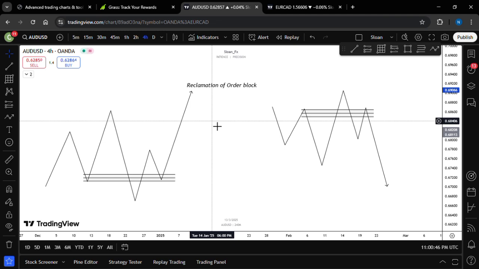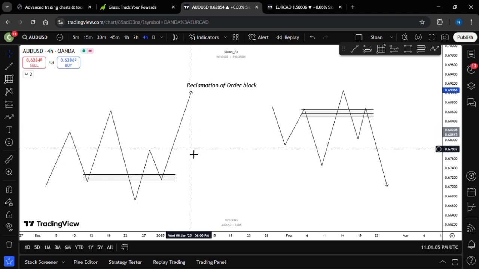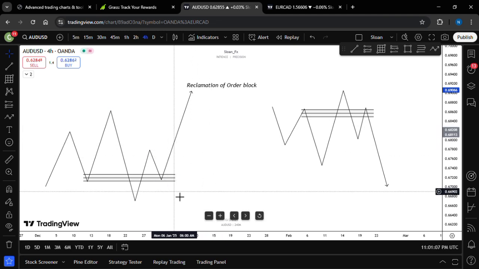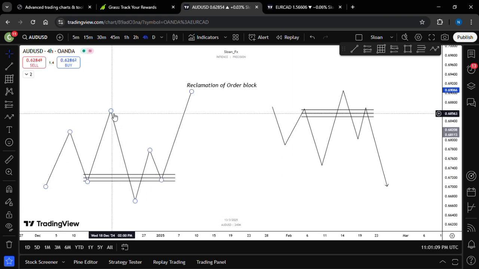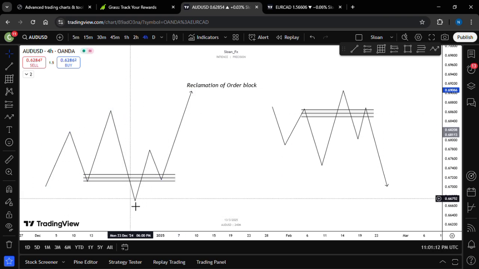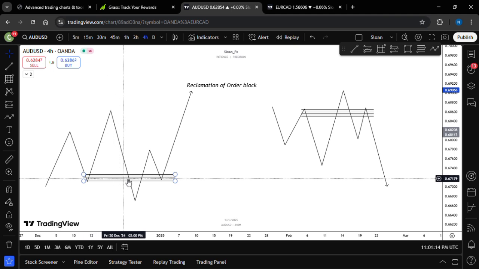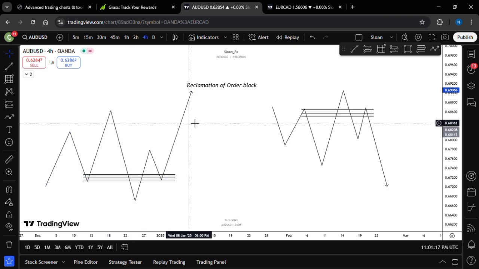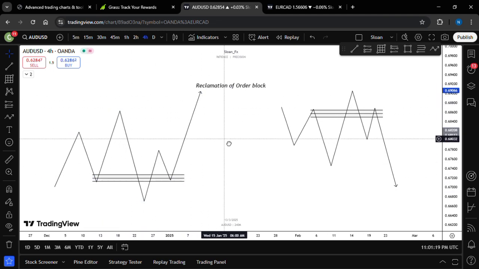Okay, so it is an entry type. It's a type of order block still. It is an entry type on an entry model. This is the reclaiming of the order block by the market. Now this reclamation is usually done when there is high impulse in the market. That's if the market is in an impulsive move, has momentum, eventually a retest might take out the order block, and then comes back to bounce on it and